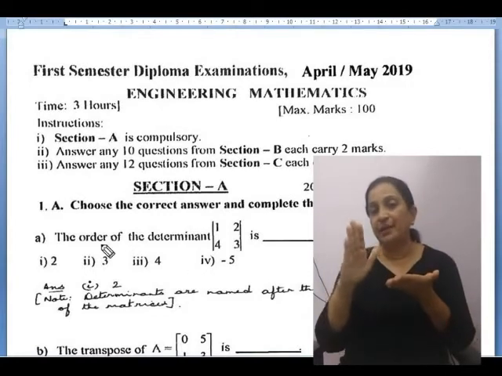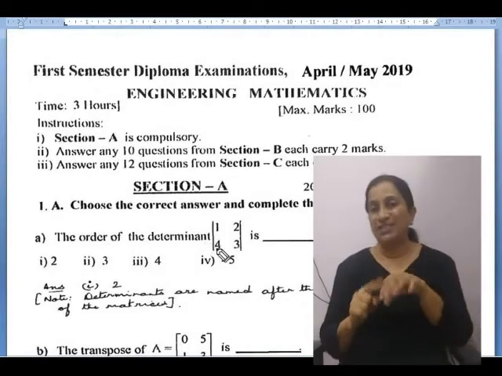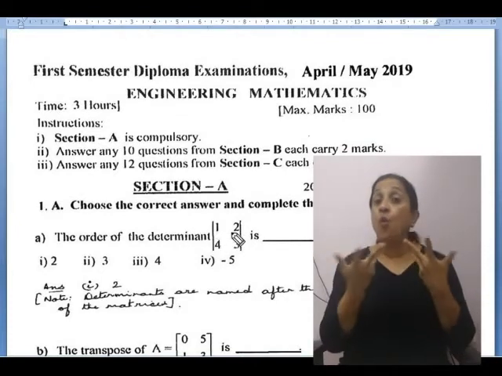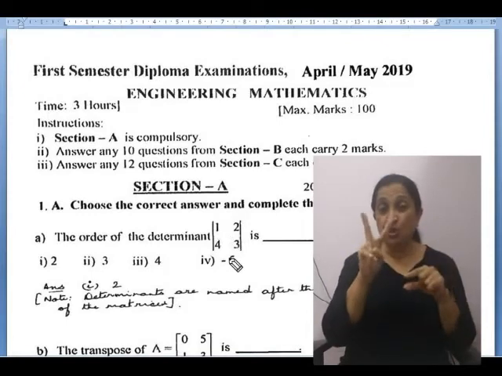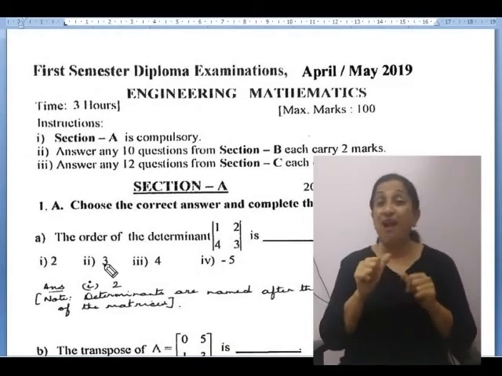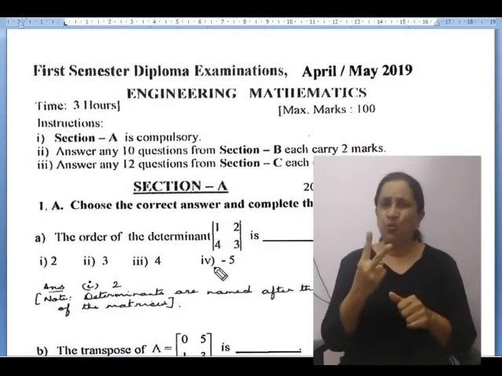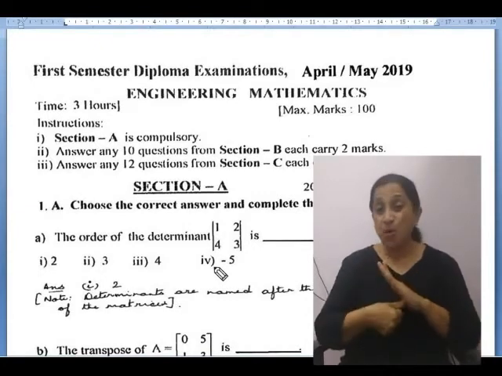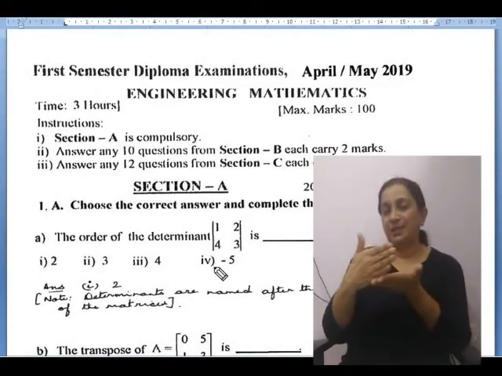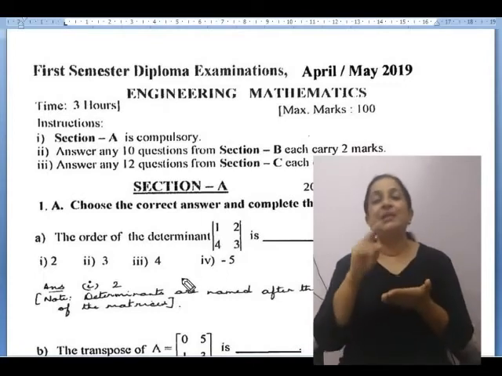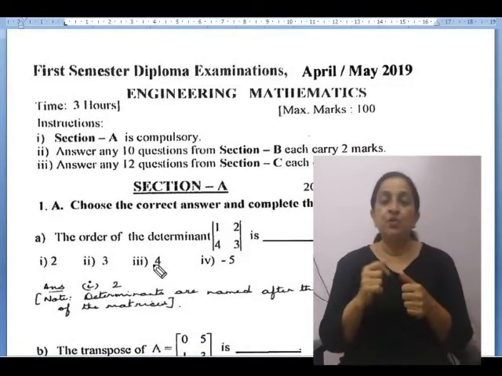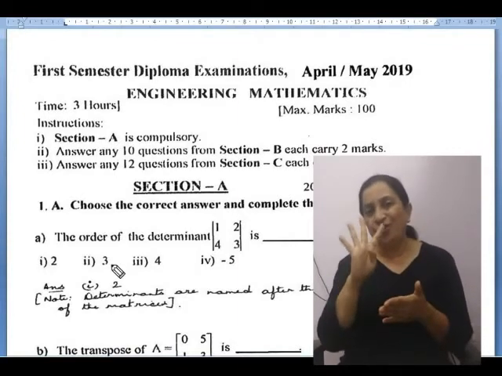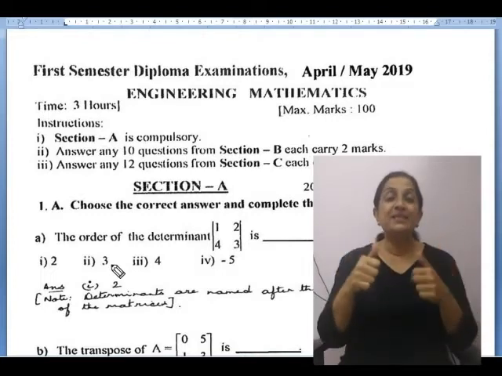Now suppose we come to the first problem here. Order of the determinant is what? Okay. Now you can see that there are 2 rows and 2 columns. So obviously it has to be something around 2. It can't be 3, it can't be 4, it can't be -5. So whatever is not at all possible, you eliminate them. That's why it is called the method of elimination. Sometimes you may be able to eliminate only 2, and you may have doubt. So you can then choose between the two, the best answer which you feel. The possibility of passing will be 50% there.